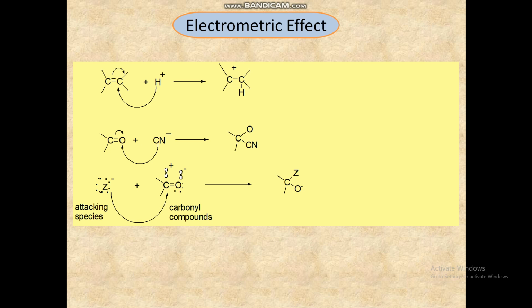In the case of a carbonyl compound, when a negatively charged reagent comes near to the carbonyl group seeking a positive site, it causes a shift of pi electrons of the pi bond towards oxygen, which is more electronegative than carbon. As a result, carbon becomes electron deficient and acquires a positive charge, while oxygen becomes electron rich and acquires a negative charge. The carbonyl group becomes polarized, but the state is temporary because the molecule regains its original condition upon removal of the attacking reagent.